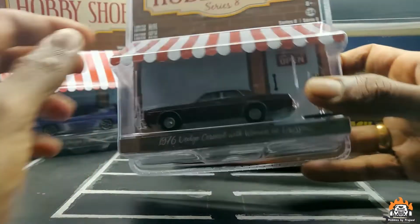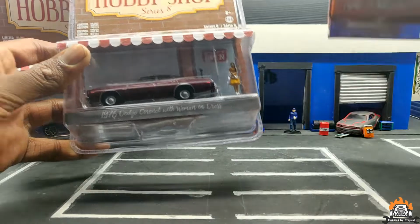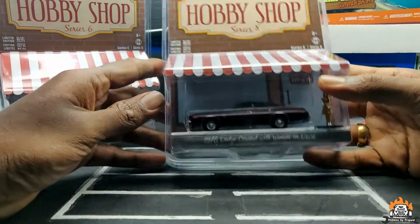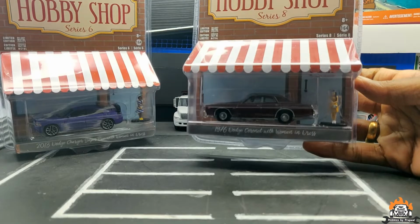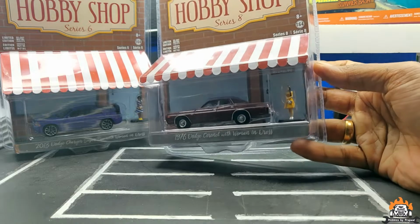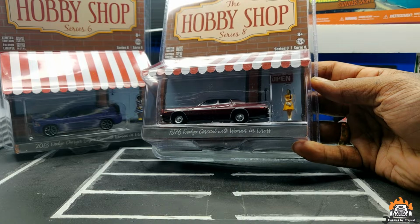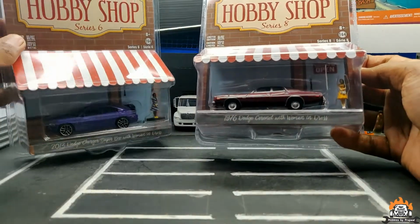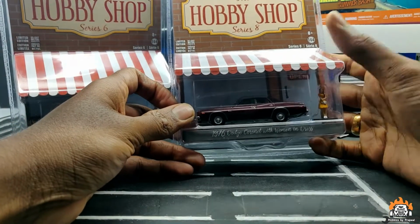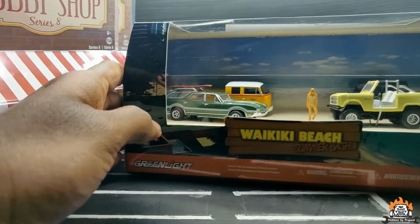Let me explain. This set itself cost me I think $7.99 plus shipping. Now if you see, most of the time when I buy Greenlights, it's mostly because there's either a figurine in it, or it's a Hollywood series, or it's a Gulf. Other than that, I have reduced buying Greenlight a lot. So here, as you see, there are figurines in each and every one of these, and this cost me $7.99. This was $5.99, and this set, the entire set, is